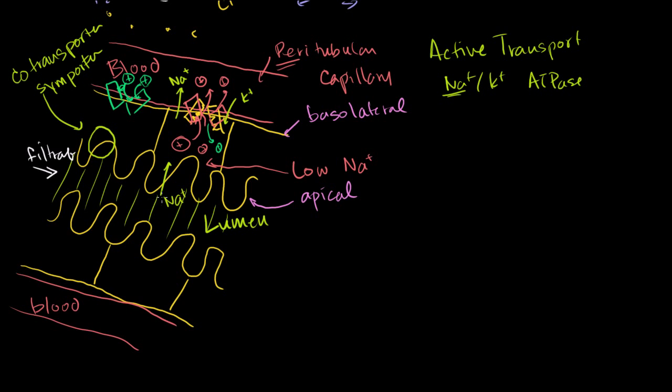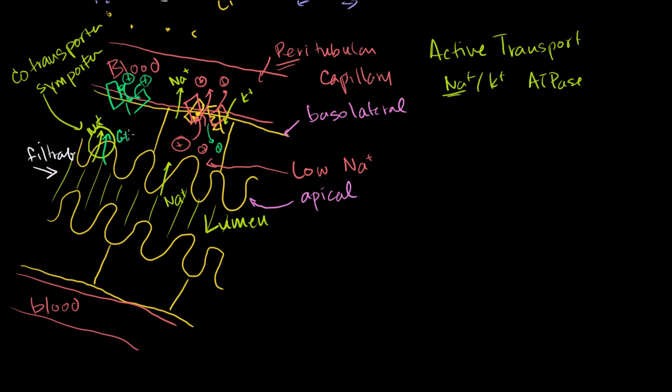Sodium would want to cross that if there was no barrier. And what the cells here do is take advantage of sodium wanting to move down its concentration gradient, which is happening because of this active transport over here. It uses that energy of sodium going down its concentration gradient to actually also transport, in this case,